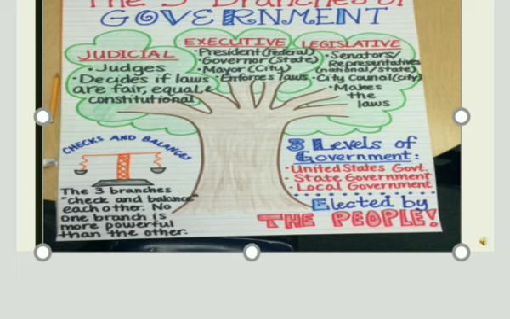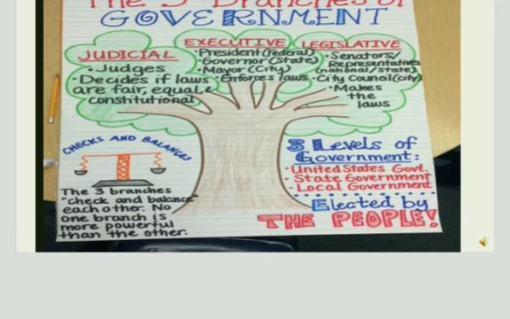Now we'll move forward to the three branches of government: legislative, executive and judiciary. The legislative body has different senators and representatives of the city. This is a branch which makes rules and regulations for the whole country. Next is the executive. It includes the president, governor and mayor. This is a branch of the government which implements the laws, rules and regulations made by the legislative body.